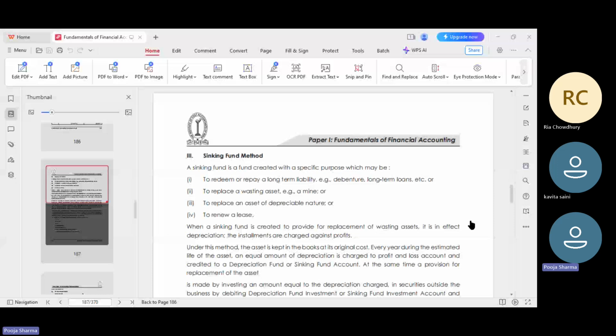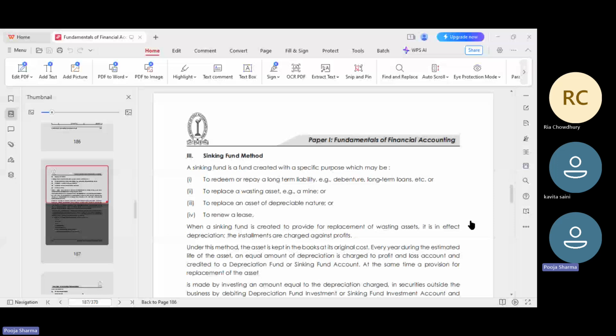How to calculate the depreciation using the sinking fund? First of all, we have to determine the actual cost of the asset that will eventually need to be replaced. Second, determine its useful life in years, how much time it is expected to be used. And third, estimate the interest rate of the sinking fund, the rate at which we will earn interest on the fund that we have invested in the business.